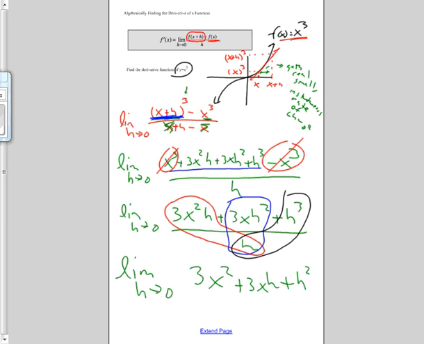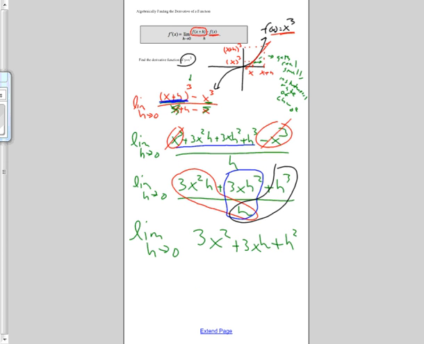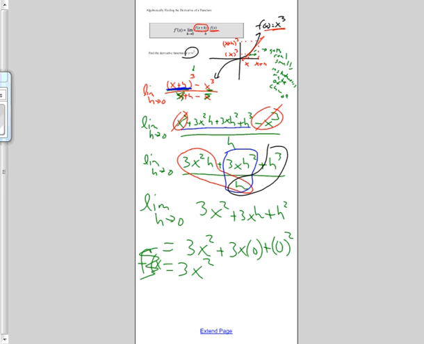And that's the important thing, because with h in the denominator, we can't let h be 0. But with h no longer in the denominator, now we can let h be 0, and that's what we're going to do. So this limit equals 3x squared plus 3x times 0 plus 0 squared, which simplifies to 3x squared, and that is our derivative function. Our derivative function simplified to 3x squared. And once again,